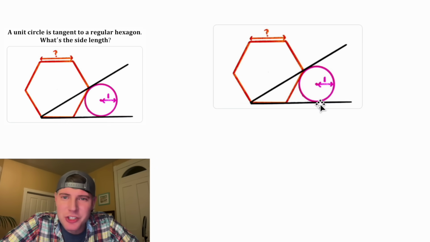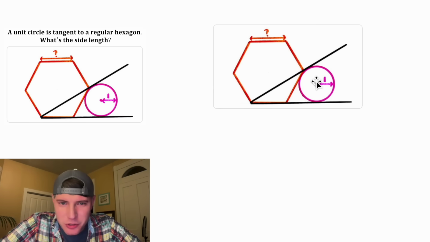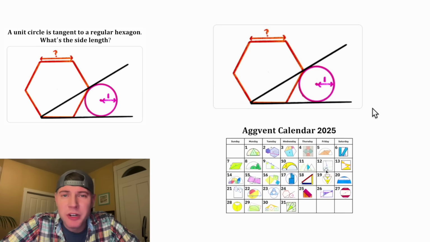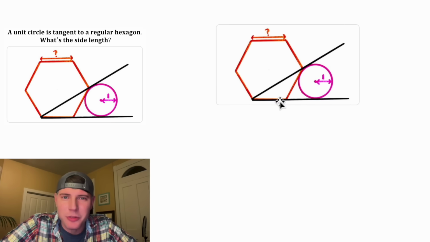We're given a circle with radius 1 and a regular hexagon. And it wants us to find the length of the sides of the regular hexagon. And I think we're supposed to assume that the circle is tangent here, here, and here. This is day 24 of the 2025 Advent calendar. And if you want to try this one, pause it right now because I'm going to solve it in 3,